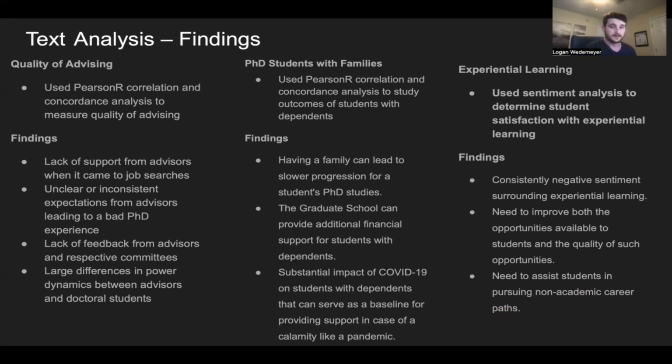Similarly, to better understand the plight of PhD students with dependents, we also used Pearson-R correlation and concordance analysis. What we found was that having a family can lead to a slower progress in PhD studies. And as a suggestion, the graduate school could provide additional financial support for students with dependents. And moreover, the impact of COVID-19 on students with families can serve as a baseline for providing support in case